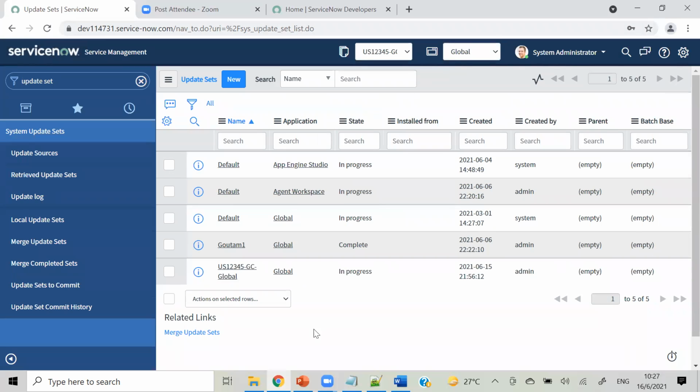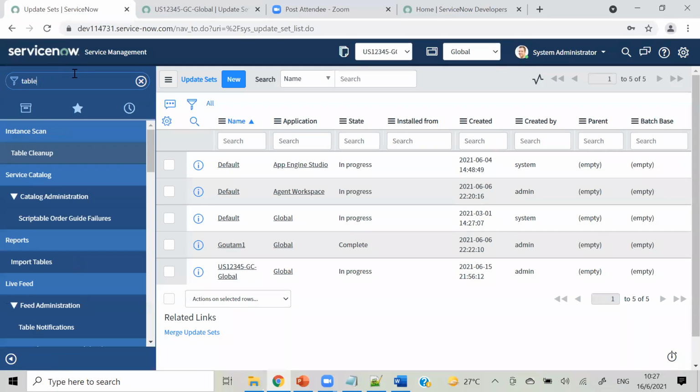Okay, so now my update set is this one which I have created. I will open that in a new form, so you can observe every time what changes are happening. Now I'm going to tables.